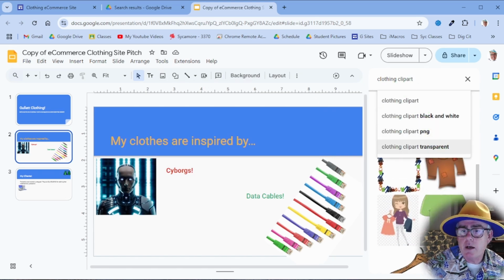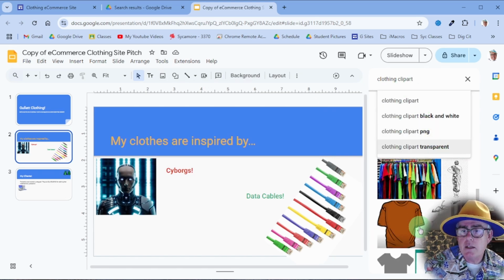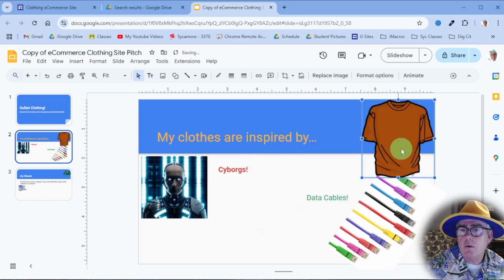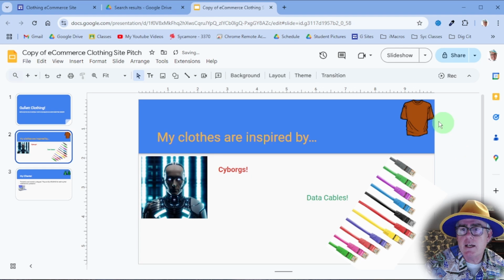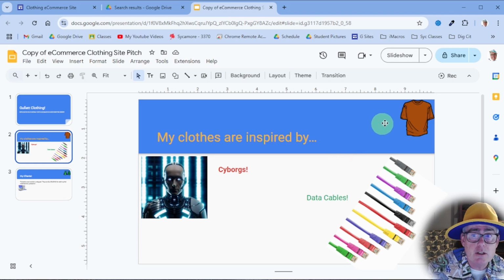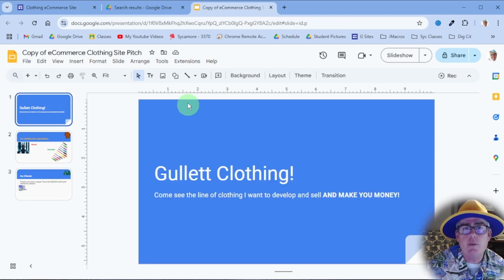Clothing clip art. Let's see. The shirt. There we go. Clothing clip art. And that fits right nice in there. You see, every page is going to have that. And let's put one here, Gullett clothing. And this one is going to be, come see Lana Clay, who wants to make you money. Once again, whatever clip art you want to put on here, you can. I'm going to put